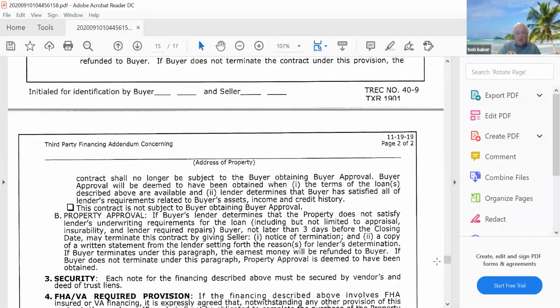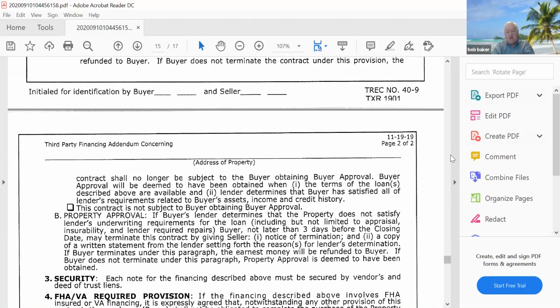And part of it is to understand the timelines. And the timeline for property approval is one of those things that it establishes and talks about the lender's underwriting requirements, talks about some things it may include, like the appraisal, insurability, repair, and so forth. But the way it creates a timeline, and the timeline is going to relate to the buyer being able to